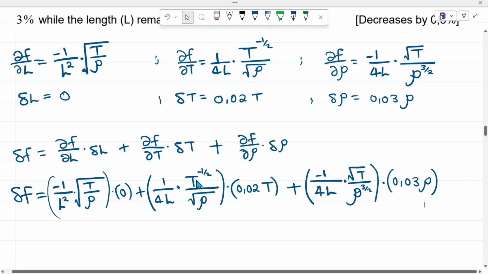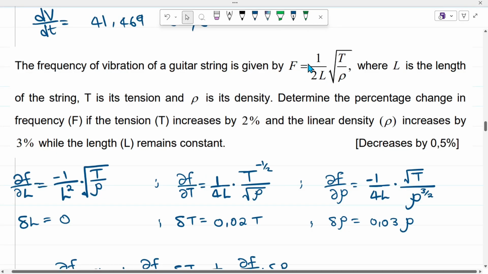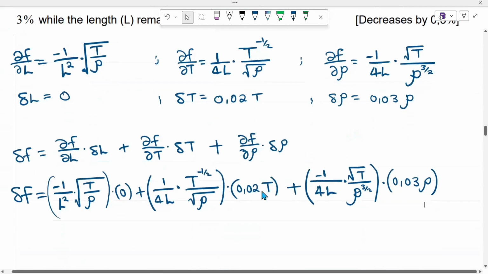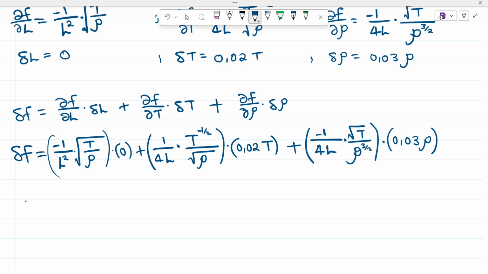So from here we should take out f. We're going to take out 1 over 2L root of t over p as our common factor from this. So we must make it a common factor. But before we do that, let's write it clearly. So we're going to multiply t by that. You are going to get that, okay,